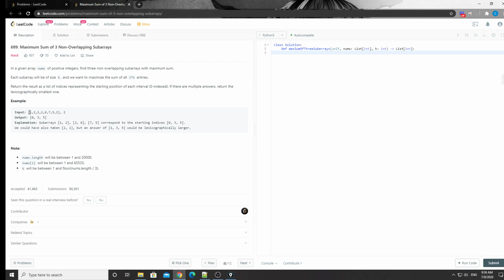Basically, you're given an array here, and you need to find three non-overlapping subarrays whose sum is max. For example, if the result is the same for a specific array, so for example, this 1 2 and 2 1, the sum is they're both 3, and you need to return the